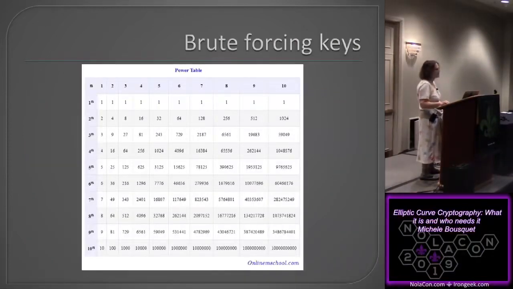This is a very small table, but some hackers do make lookup tables for known numbers, known primes, because usually prime numbers are used, and some devices are sometimes very lazy and use the same prime number that everybody else is using, and a hacker might have a table of that. But you can see where the tables would get really, really huge. So it's impractical for a hacker to have tables like this.